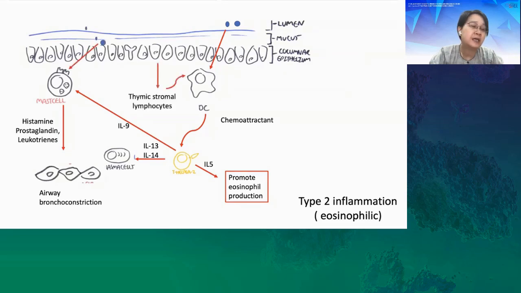There's also the other thing about the thymic stromal lymphopoietin, which is expressed in the epithelial cells, and this is like an IL-7-like cytokine, and I think this is central to the regulation of allergic asthma.